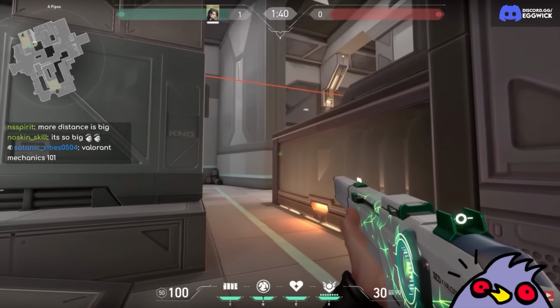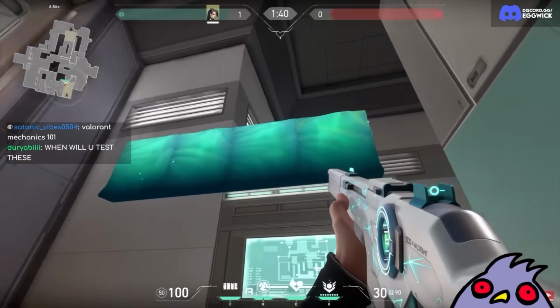Wait, he didn't take any fall damage? You will get a little bit of fall damage when you jump down. It's time for another